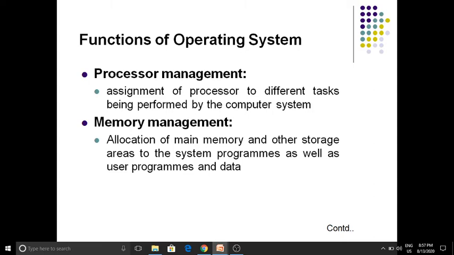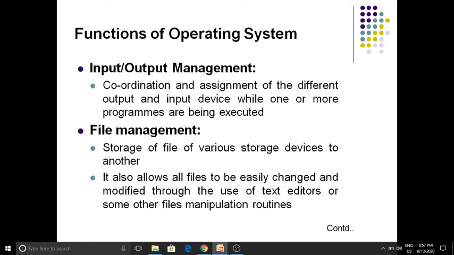Students, the third function of the operating system is input output management. What is input output management? Coordination and assignment of the different output and input devices while one or more programs are being executed.